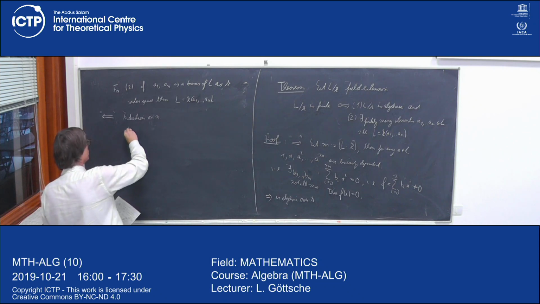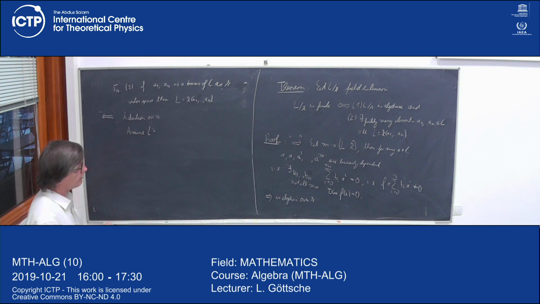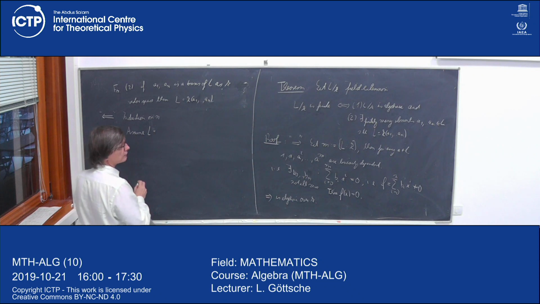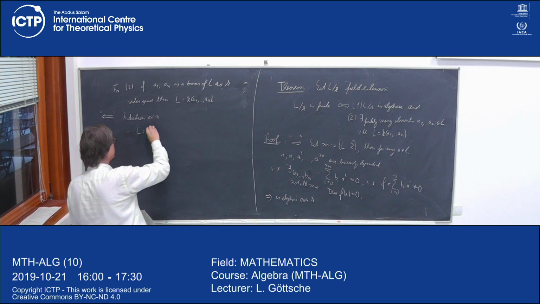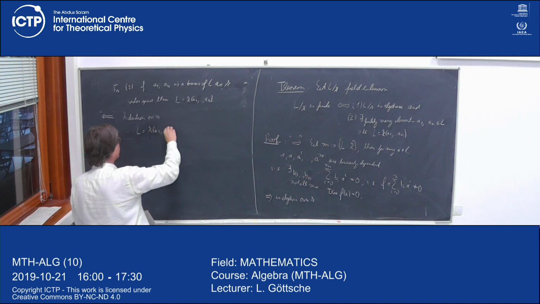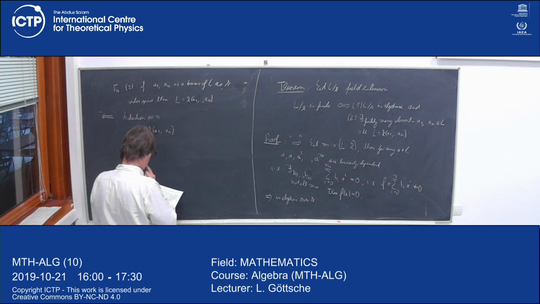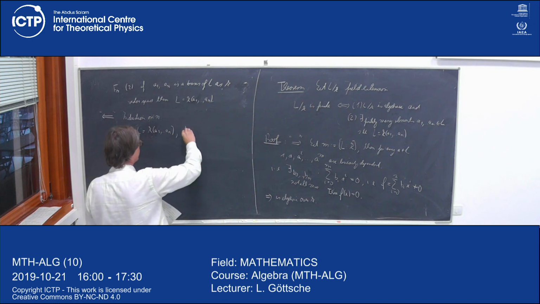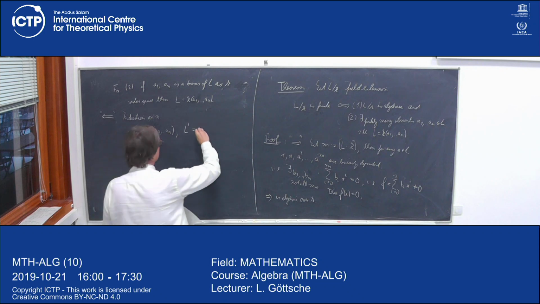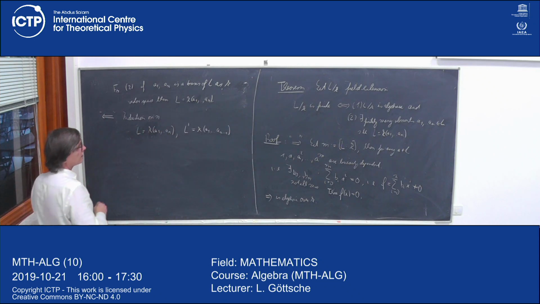So assume L is equal to K(a1, ..., an), and I can put L prime equal to K(a1, ..., an minus 1). So then